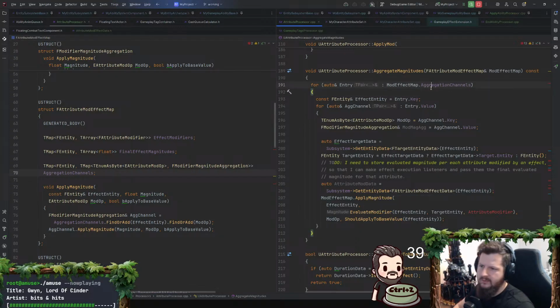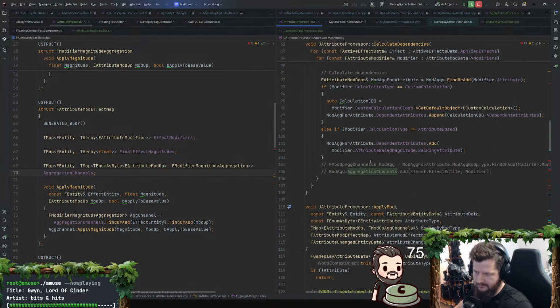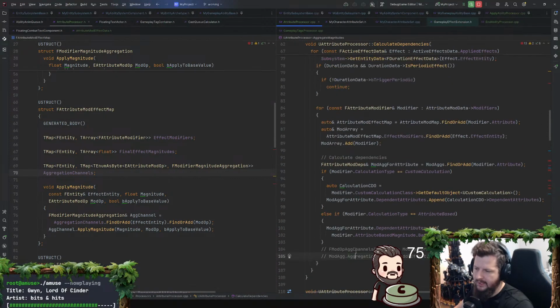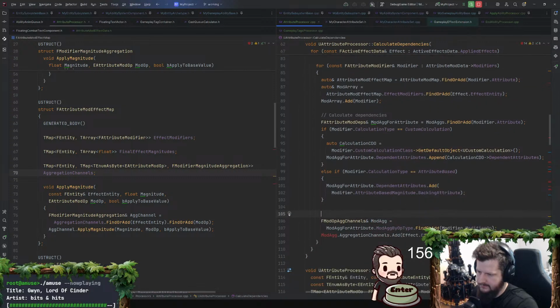So this should already be populated, right? We will have populated that. No, we won't have. We should populate that here. Just don't do the evaluation yet. Calculate dependencies.